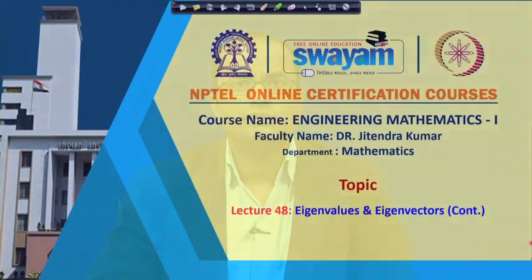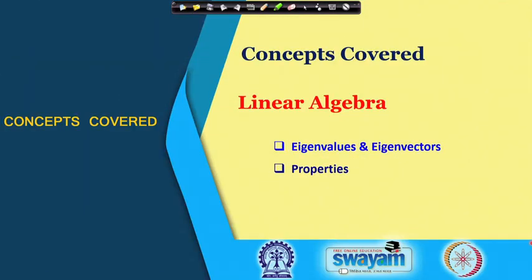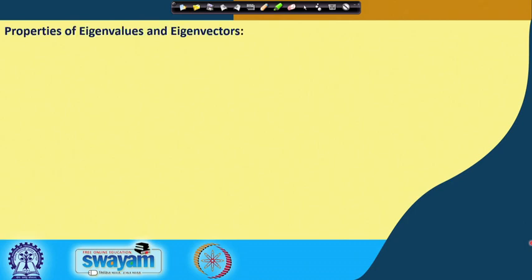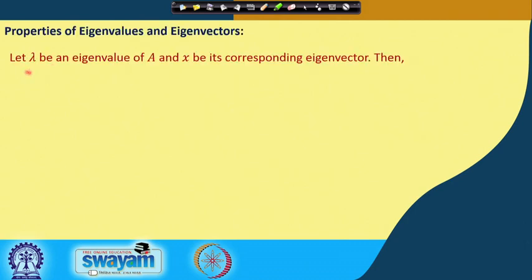So, welcome back, and this is lecture number 48, and today we will talk about the properties of eigenvalues and eigenvectors. So, here the first property. If we have lambda as an eigenvalue of A and x be its corresponding eigenvector,